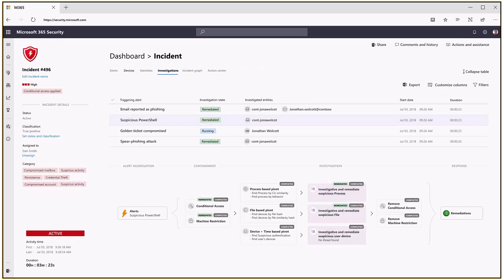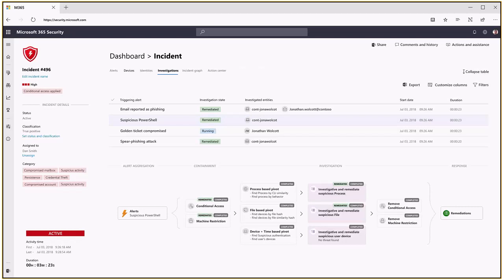We remove those conditional access and machine restrictions that we put in place. Remediations are complete and people can continue on. So from a life cycle point of view, just because we get suspicious PowerShell, we don't need to necessarily stop everything. We may want to be involved and have a human decision in that process, but we may want that to be basically a machine investigation that takes place, puts those protections in place while we're investigating,